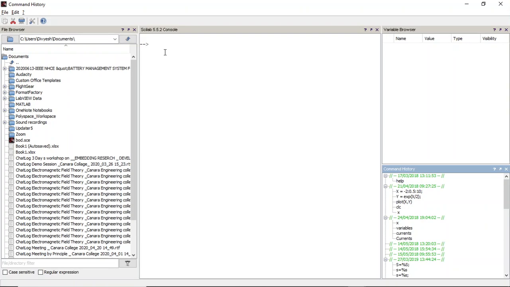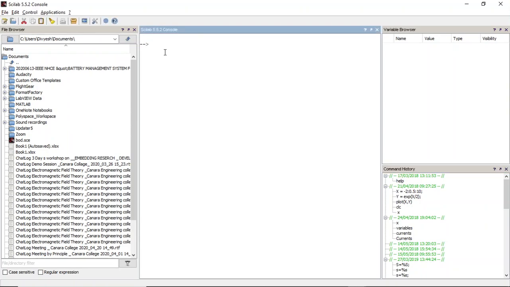I'm talking about Windows or Linux. If you are using Mac OS, then you have to press the return key. So my entire tutorial on Scilab will concentrate on Windows. If you are using Mac OS or any other operating system, please try to find out the alternate for each command. The programming commands remain the same, but the shortcut keys or commands required for execution and other things will vary from one system to another.